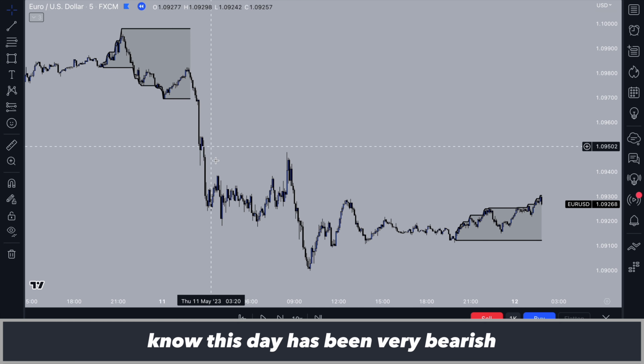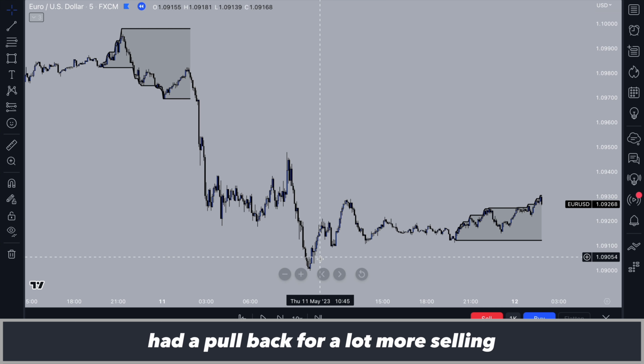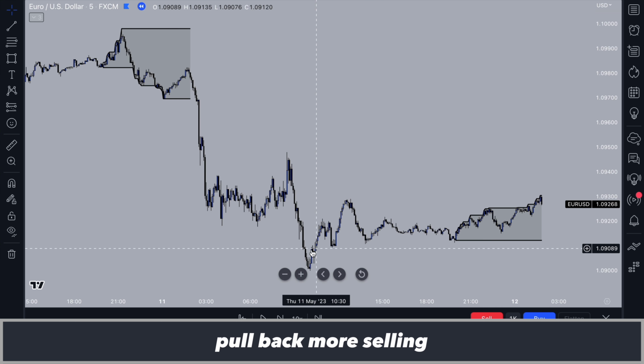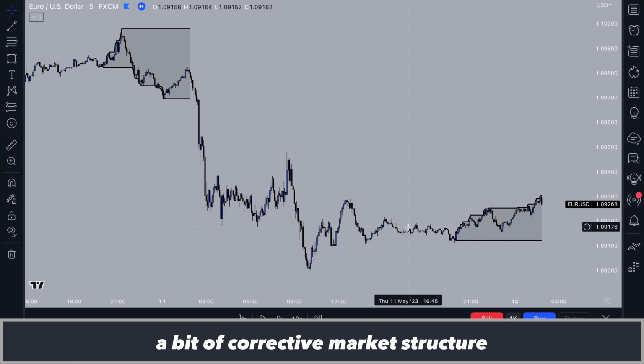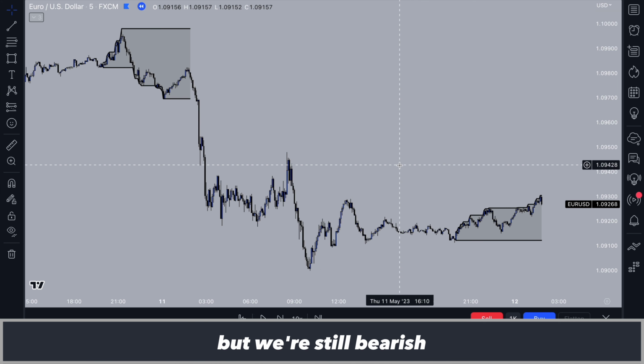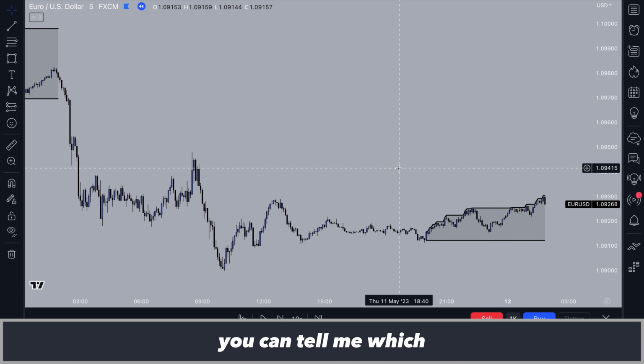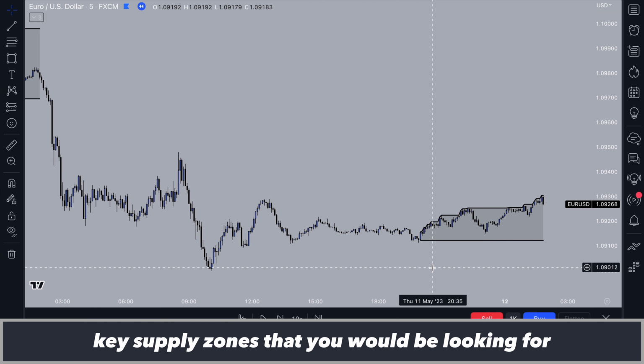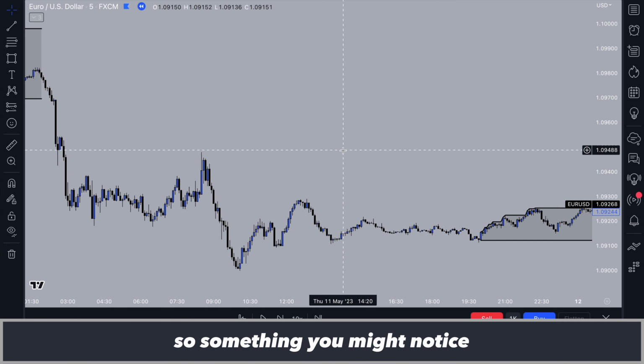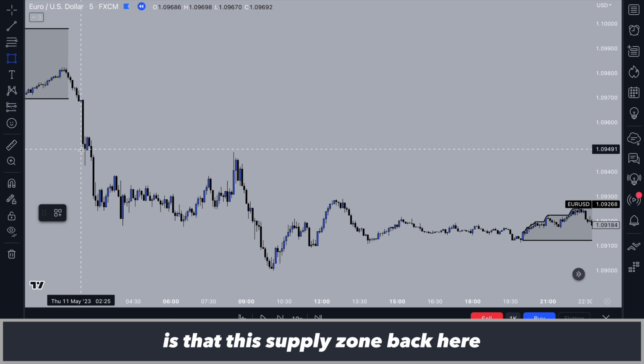This day's been very bearish. Had a pullback before, a lot more selling, pullback, more selling, a little bit of corrective market structure, but we're still bearish. And so if I look here, you can tell me which any supply zones that you would be looking for. And so something you might notice is that this supply zone back here